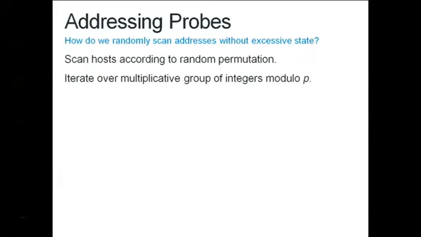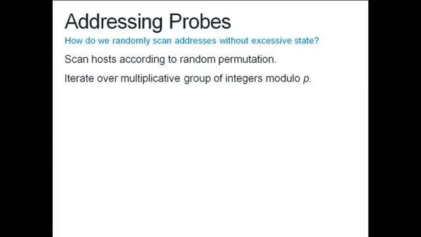So a couple of the more interesting challenges we faced. One is how to do addressing. The challenge here is that we want to enumerate the IPv4 address space in a random order every time we scan, so that we're not overwhelming distant networks, so that if we want to scan less than the full internet, we can get a statistically relevant sample and so forth. And we want to do this without storing a lot of state. We don't want to have to make up this list of all the addresses in advance and then use it, because for 4 billion addresses, this is going to be a multiple gigabyte list.